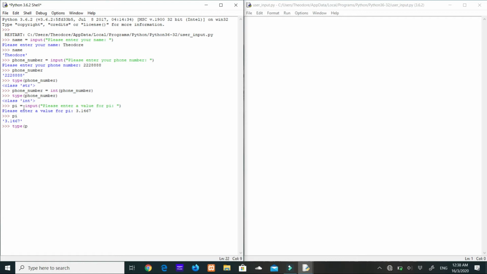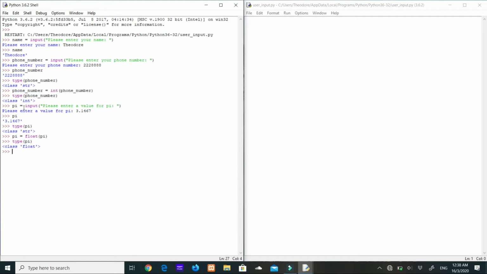It's because if I use the type function and I hit enter, you can see I get a class string. So I want to convert this to a float now. So I'm going to do something similar. I'm going to say pi equals float, which is a built-in Python function. Pass the variable pi into it, and float will basically take a string, which is made up of numbers, and convert it to a float. So we go ahead and hit enter, and we say type, and we say pi, and we get a class